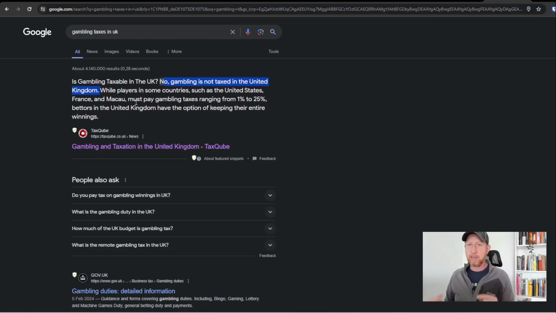And also, interestingly enough, there is no distinction in the UK between professional gamblers and amateur gamblers. So if someone is a professional gambler and they make their living, their primary source of income is through gambling, they are not taxed on that, whether it's poker or betting on sports or betting in binary options for that matter. It is not taxable.